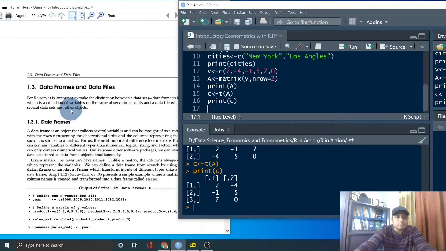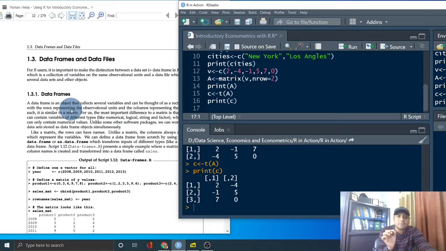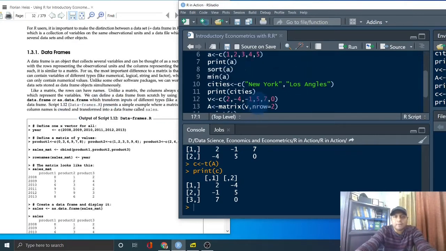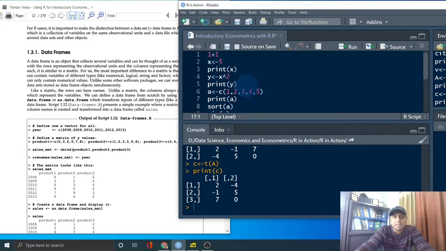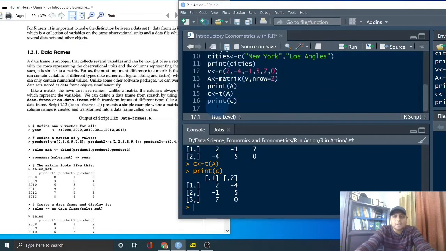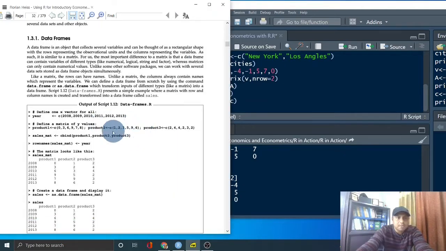Okay, now finally it comes to the data frames, and a data frame is combining everything. It's just like an Excel spreadsheet. A data frame is nothing but an Excel spreadsheet. So let's assume that we have created a few objects here. For instance, we created cities. Let's assume that we create a data frame, and there are some examples given here. You can easily produce year, then the concatenate function, then there are some number of years.